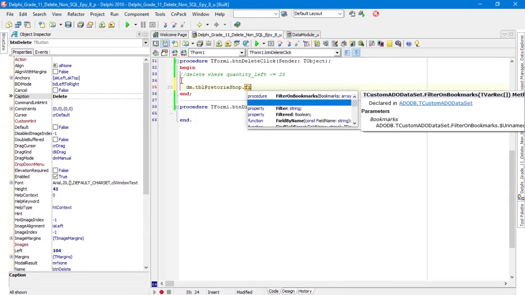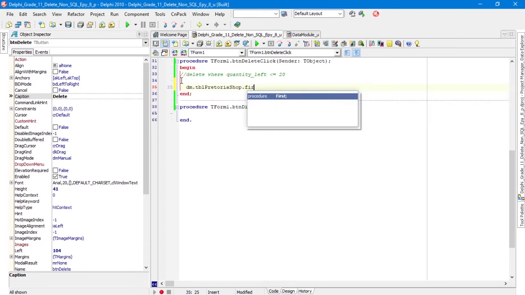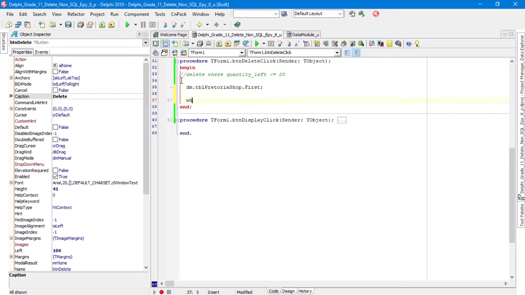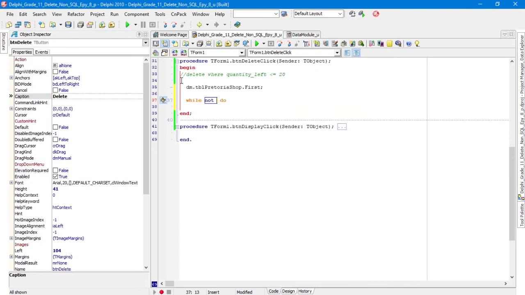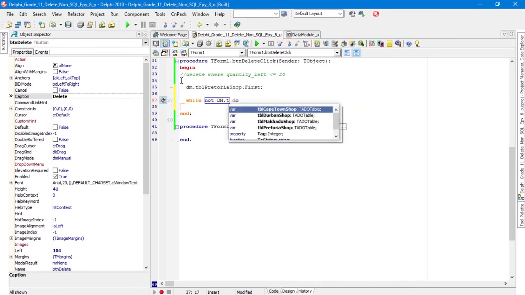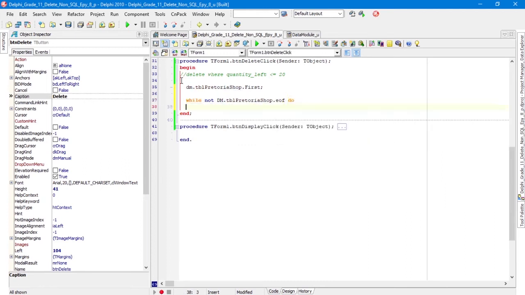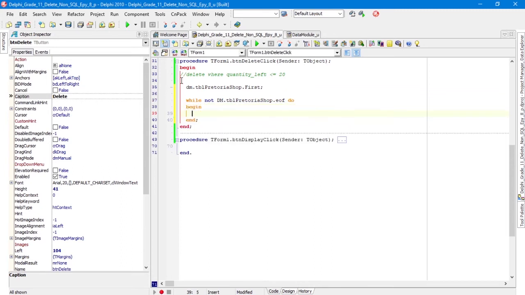So first things first, place our database in first. So move the cursor to the first position. If you're unsure what DM and table Pretoria shop means, please see our video on connecting a database with Delphi for non-SQL. Okay, next. So we say while not dm.table Pretoria shop dot end of file, begin. If